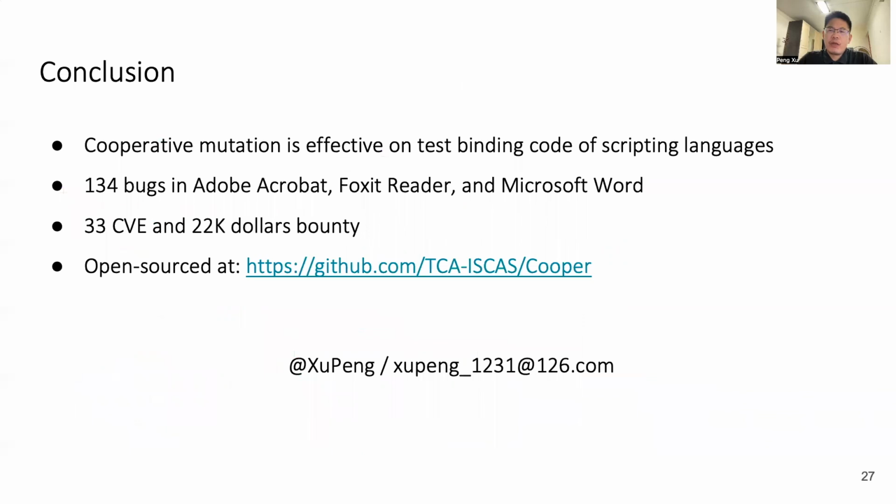In conclusion, we propose cooperative mutation to test the binding code of scripting languages. Our system, Cooper, found 134 bugs in Adobe Acrobat, Foxit, and Microsoft Word, and received 33 CVE numbers and $22,000 bounty. And Cooper is now